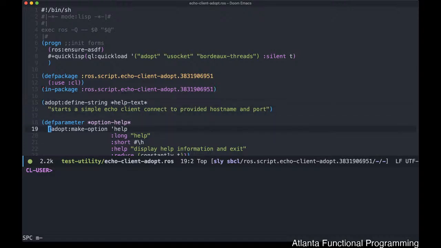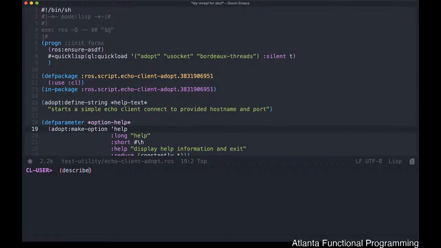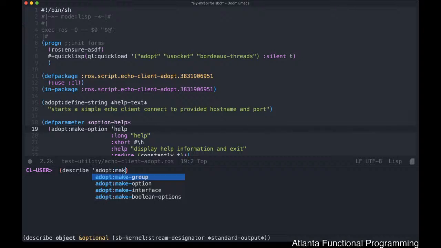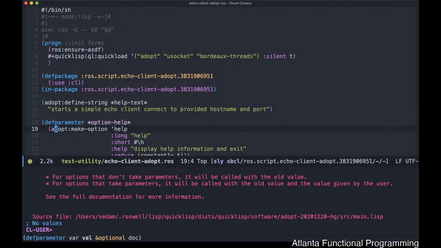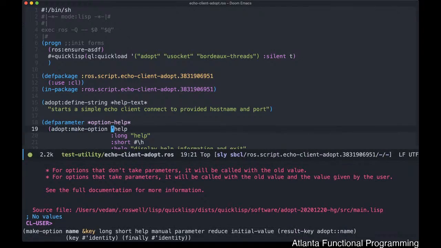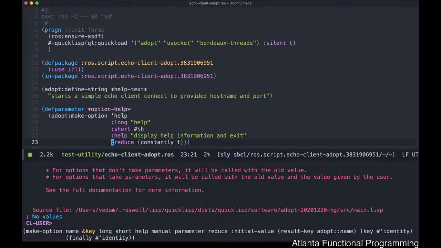So this is a function that takes in keyword arguments here, and the first argument specifically is the name of the option that you're going to be creating, and then you have some options related to whether we have a short option or a long option. Some basic information that's going to be passed in and displayed when you do dash help,